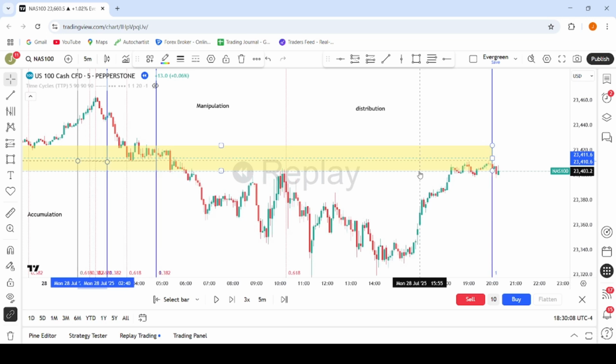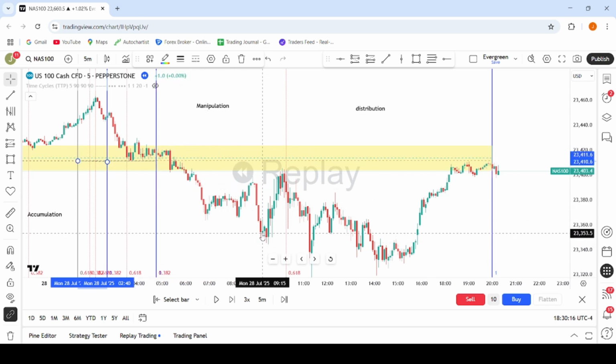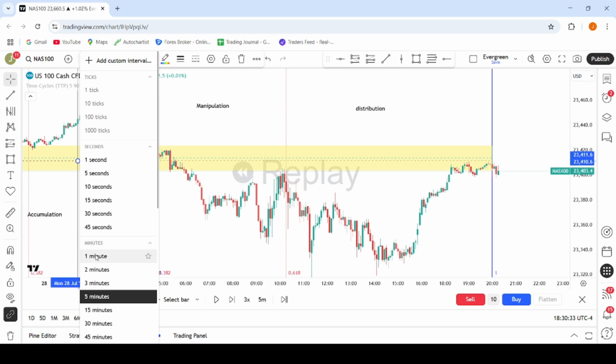My focus is nearly always on this area here. As I see prices move down, I would be looking for price within my session, which is the 9:45 session, to return to equilibrium. That's what I am looking for to happen, so a reversal to take place. If I drop down to the 1 minute,